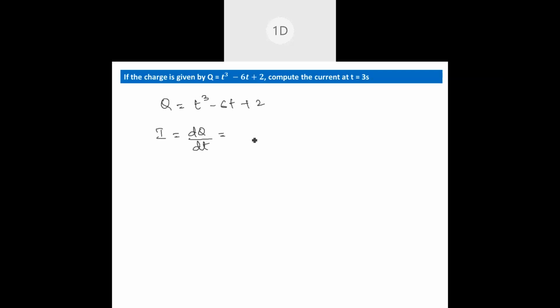Okay. Here I'm giving you one more question. Whoever finished, find the ratio of current at 4 seconds to current at 6 seconds. Please find the ratio of currents at 4 seconds to 6 seconds. Whoever has finished, we can go for that question. Guys, others, see, differentiation of what is our Q? Here it is there. t cube minus 6t plus 2.